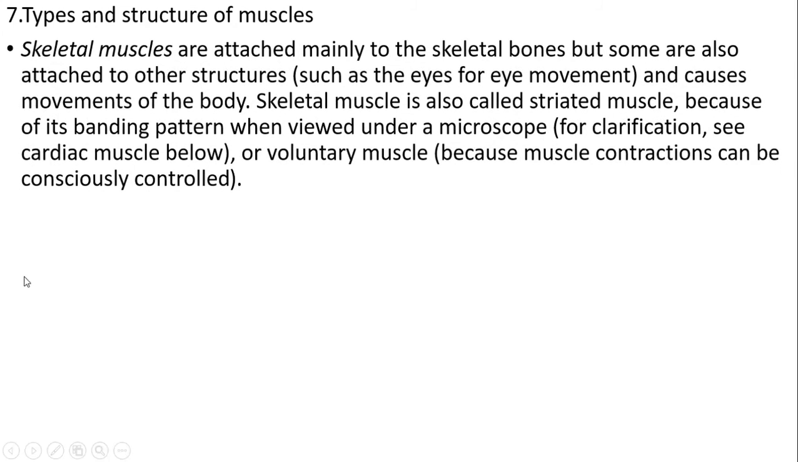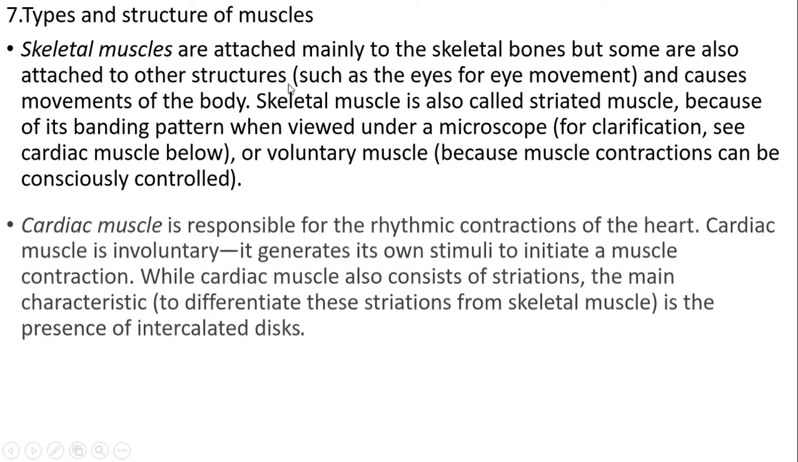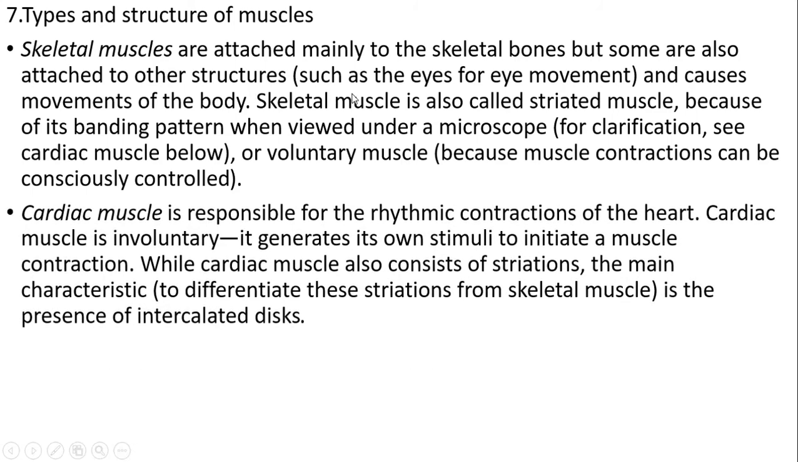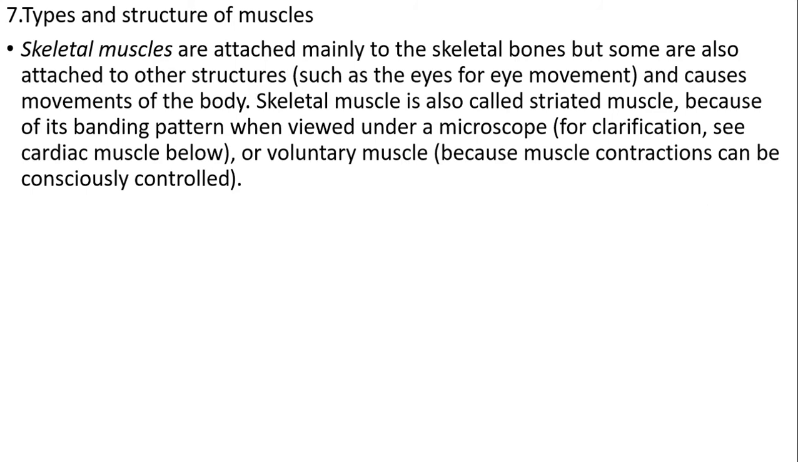Then the seventh question is types and structures of muscles. Skeletal muscles are attached mainly to the skeletal bones, but some are also attached to other structures like the eye for the eye movement. The skeletal muscle is also called striated muscle because of its banding pattern when viewed under